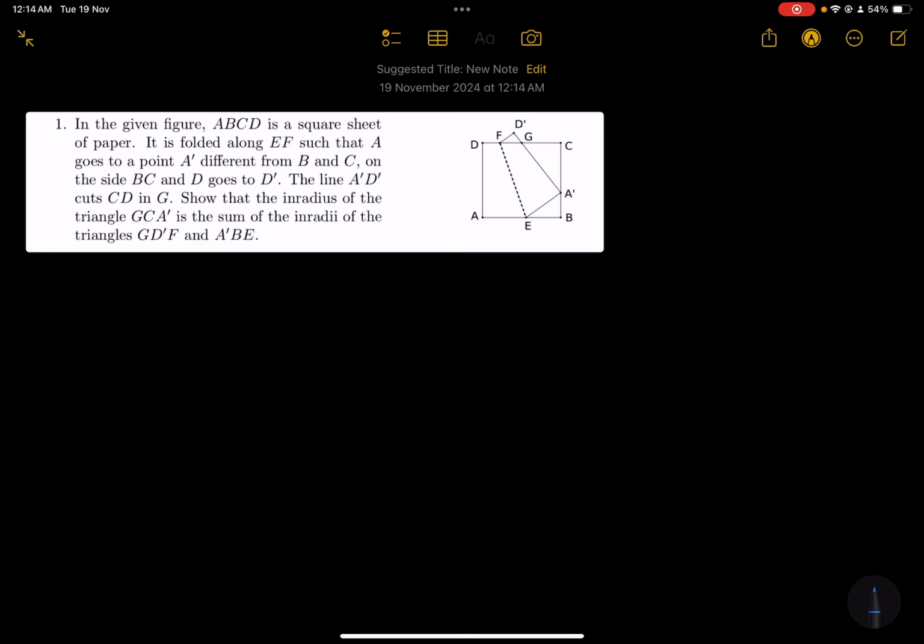Surprisingly, this is a fairly simple geometry problem that appeared on the Indian National Mathematics Olympiad 2017. This is the first problem on the test, and let us go through the problem and try to understand what is given in the question. In the given figure, ABCD is a square. So we have a square